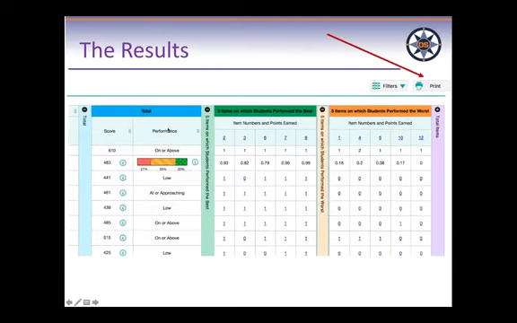If you want to see how the student actually answered the question, you just click on the question number and the student answer will pop up. I don't think I have a sample of that, but you can try it and you'll see what numbers they put in, what equation they put in, what words they typed in. So that's very, very useful. And you can sometimes see 90% of your students put the same wrong answer. So you have to think about how you taught that topic, because they all picked the same wrong answer. Something's up with that.